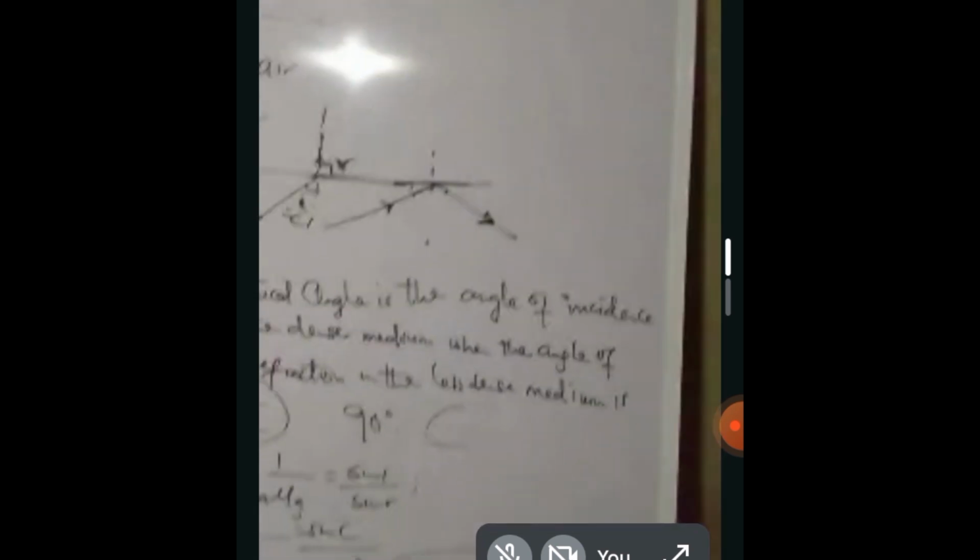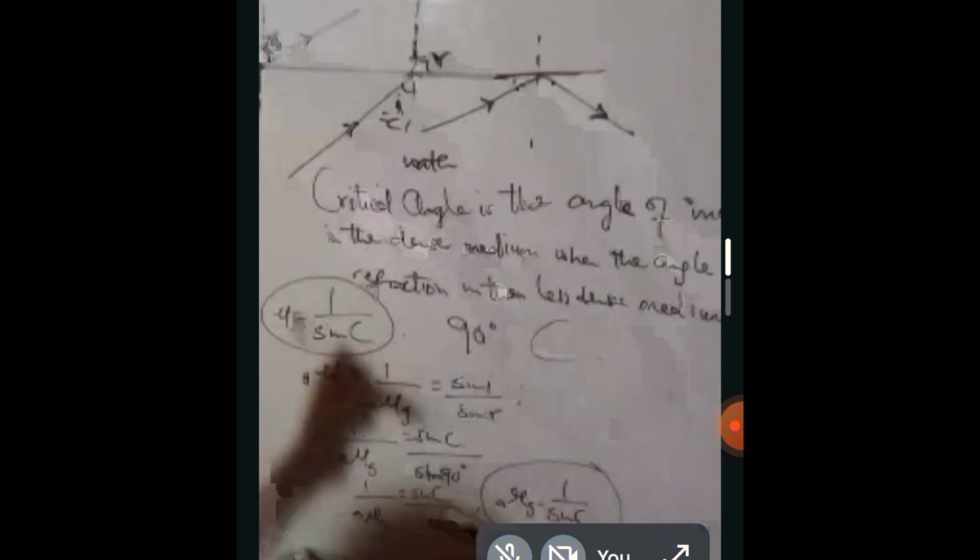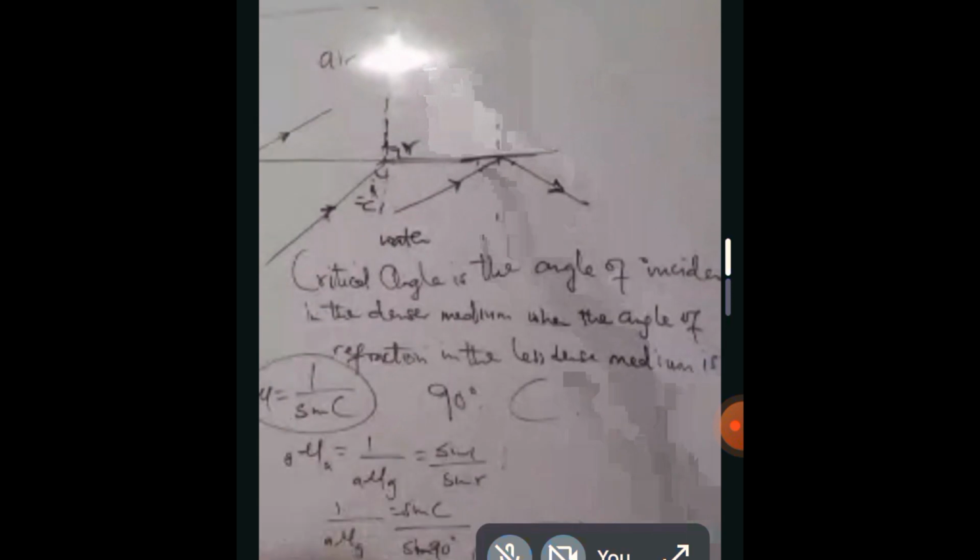So when I define total internal reflection, I will say that total internal reflection is the phenomenon whereby a light wave is being reflected back in the dense medium. This is the dense medium. Light is being reflected back in the dense medium due to an angle of incidence that is bigger than the critical angle. So far, the angle of incidence has become bigger than the critical angle. Definitely, the angle of refraction